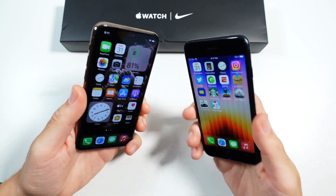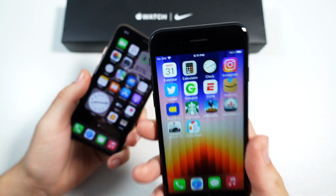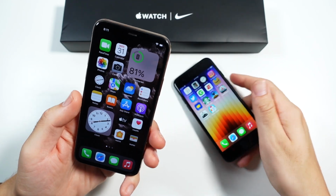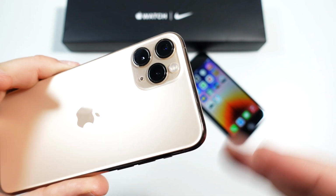So there's just so many things you're giving up besides not getting the 5G on the 11 Pro, but you're giving up a lot, especially considering it's the same price point. That's why I say for $400, man, these cameras are ridiculous if you can find one of these secondhand